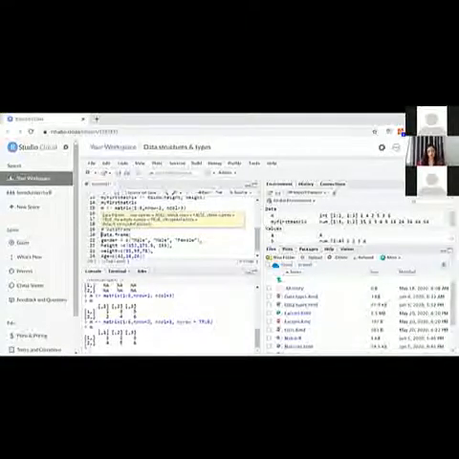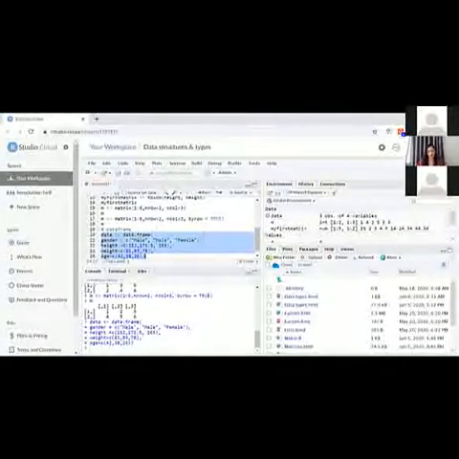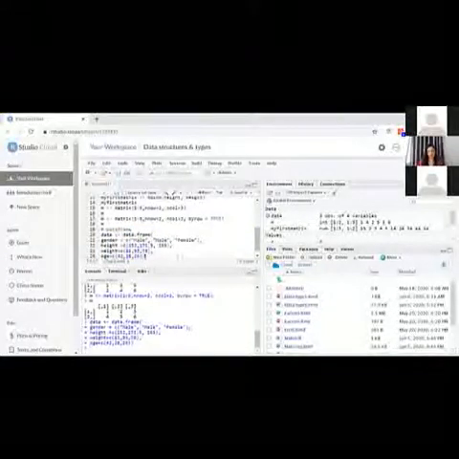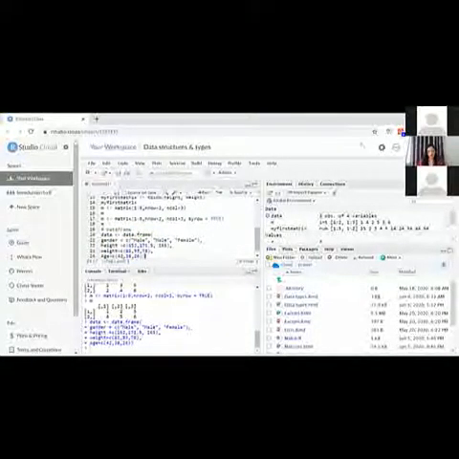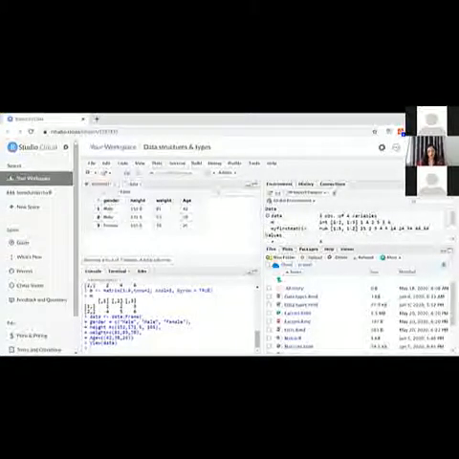Let's call it data. And we use the assignment operator to say that it's our data frame. Let's run our data frame. We see here that our data frame has been created. And actually, we can visualize it. We see that we have 4 columns: gender, height,